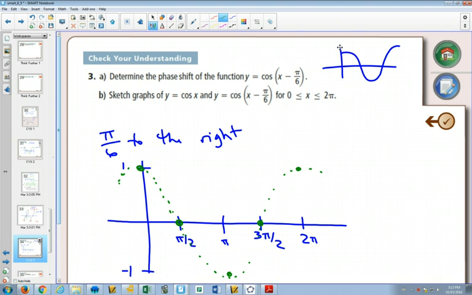Now we need to go pi over 6 to the right. So we're going to take each of these 5 points and move it pi over 6 to the right. How much is pi over 6? 0 to pi over 2, that's 90 degrees, right? Pi over 6 is 30 degrees. So if you sort of estimate where a third is, and you can label it as pi over 6, then if you take each of the lines and move it over that amount,